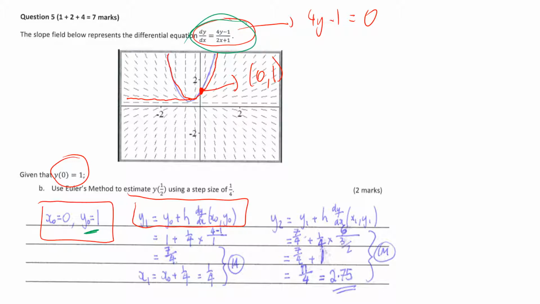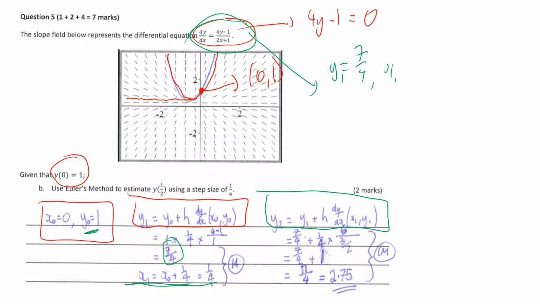So 4 times 1 minus 1 is 3, over 2 times 0 plus 1 is 1, and it leads you to 7 on 4. Okay, and we add 1 to 1/4 and we get our value for x1. That then applies to the next level. Okay, what is our y1? It's our x, 7 on 4, h is 1/4 again, and now of course I'm replacing x, so y, 7 on 4,